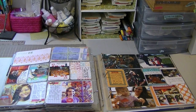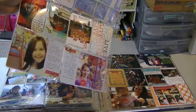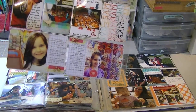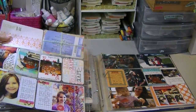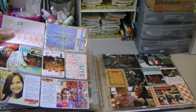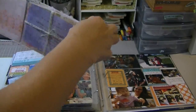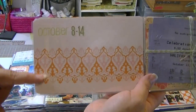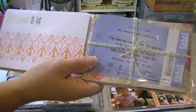We're in October now, and I'm just sharing it week by week. And 2 weeks is a reasonable amount to come up with a decent length video. So this spread includes a lot of photos, so that always makes it easier to do project life when you've got lots of photos because it takes up a lot of space. This is a Becky Higgins Clementine Collection title card, and I used one of my new stamp